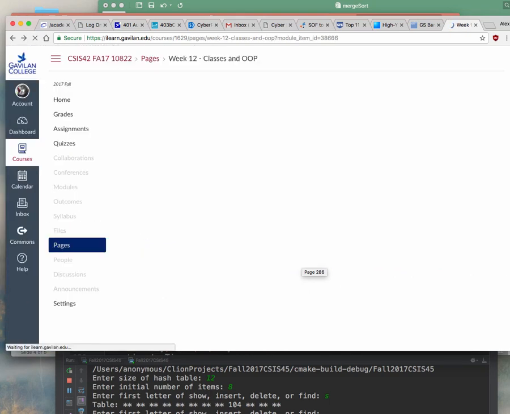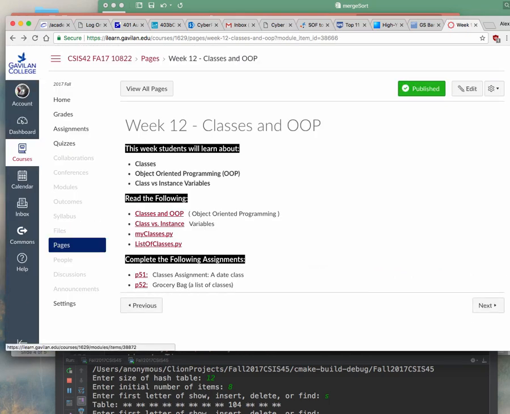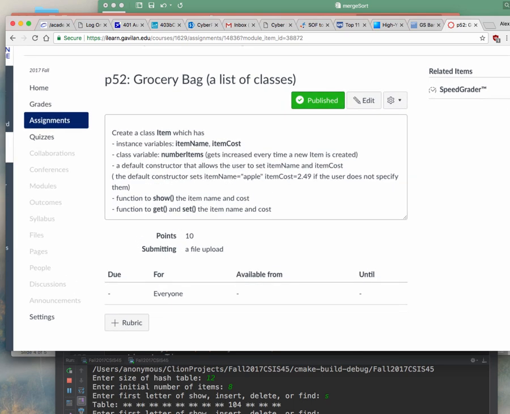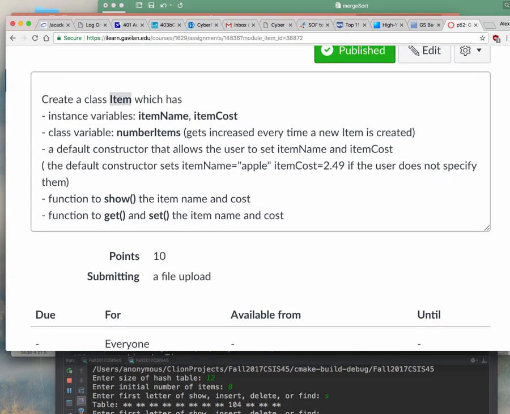Let's see what else I wanted to tell you. The other one is the grocery bag. Remember how I told you that one of the first topics in data structures is making a bag, which is a collection of things. Okay, and I'm actually using some of these exact names that I use in my data structures class. So normally you create a class called item, which is the kind of thing that you're going to be storing in the bag. Maybe the item is lettuce and it has a price of something in it, right? And then you have another item called bananas, and it's going to have its own price and stuff like that.